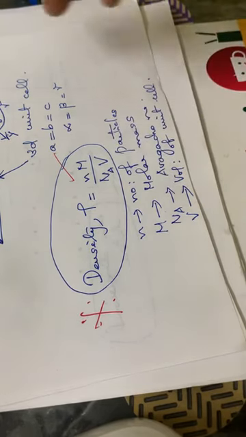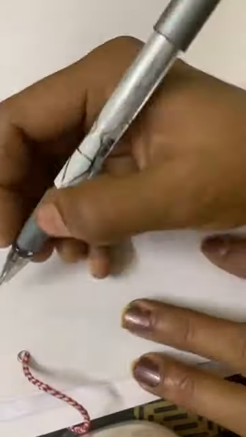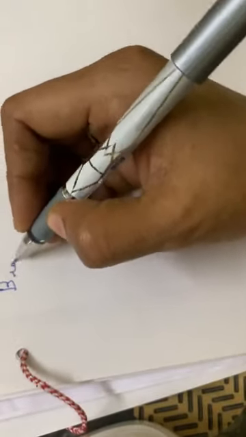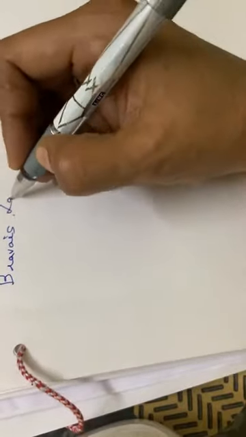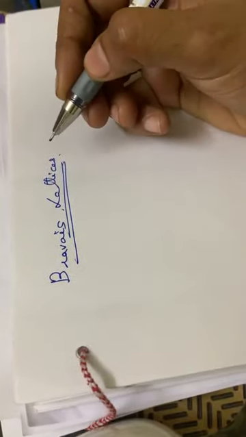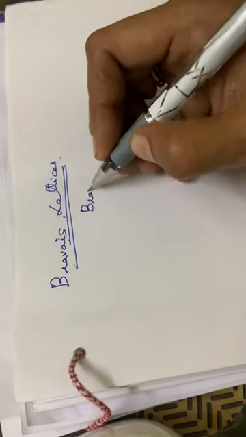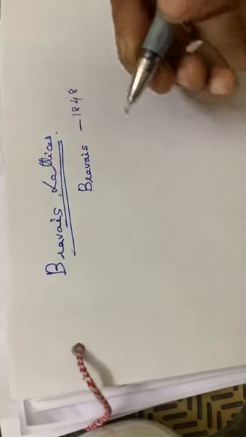Then the next one, another important topic, is the Bravais lattices. Hope you are clear up to this much. Then the next one is the Bravais lattices, spelled B-R-A-V-A-I-S. So here, the French crystallographer Bravais, in the year 1848,